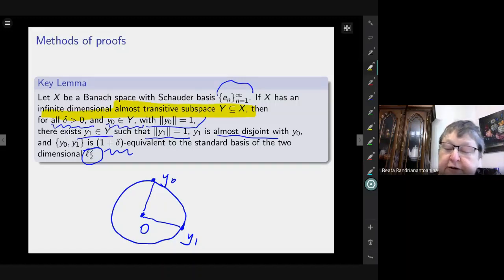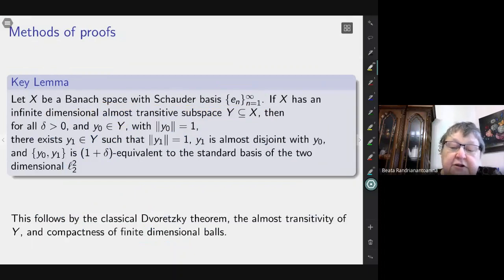The proof of this result is actually very simple and quick. It relies on the classical Dvoretzky theorem. That's the big gun in this proof, but it's very classical by now. And almost transitivity and compactness. Compactness is needed to say that it's going to be almost disjoint